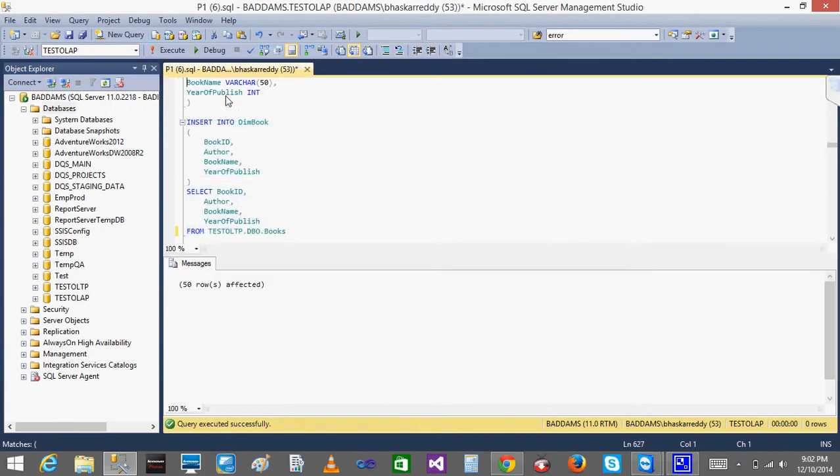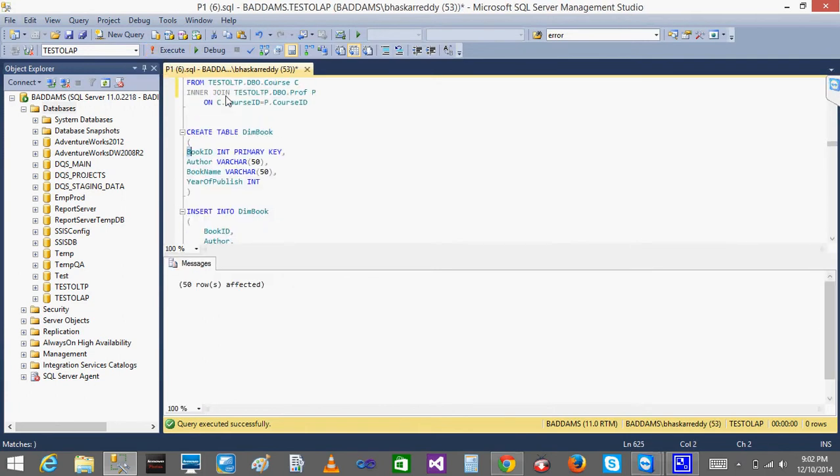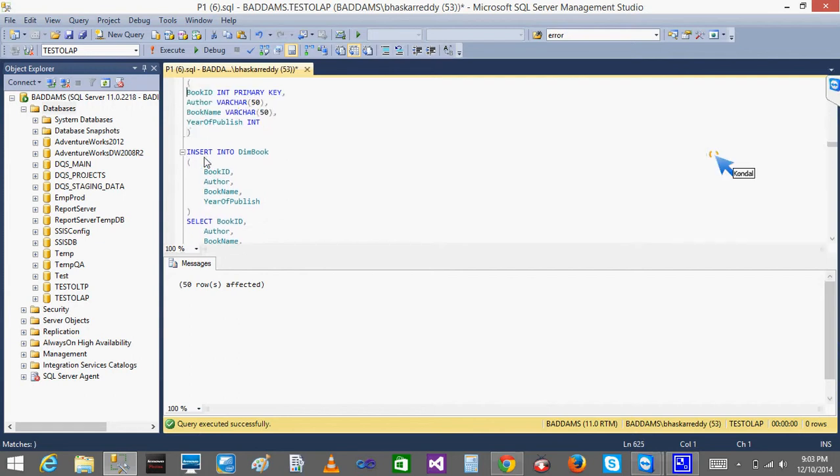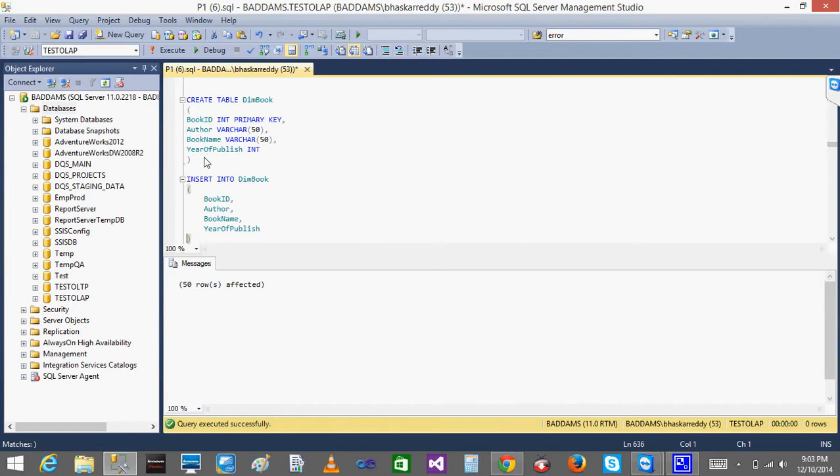And you can see the ID I have created as the primary key. One more thing you can see, here for the ID I have not given the identity. But when I said last time, prior to this video, I had given the identity as a key. So here I may call the same as ID also. It depends on the scenario.